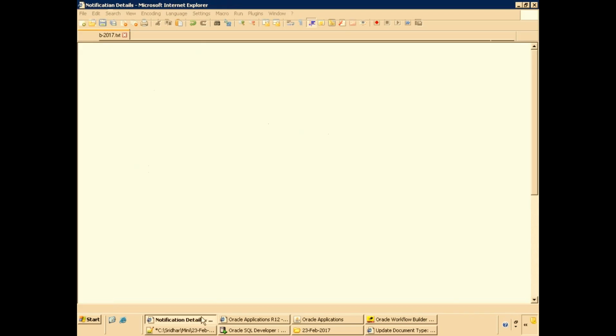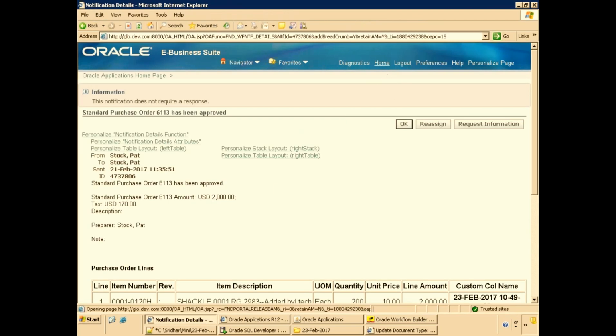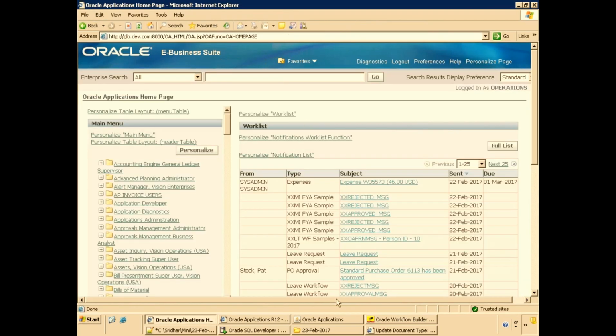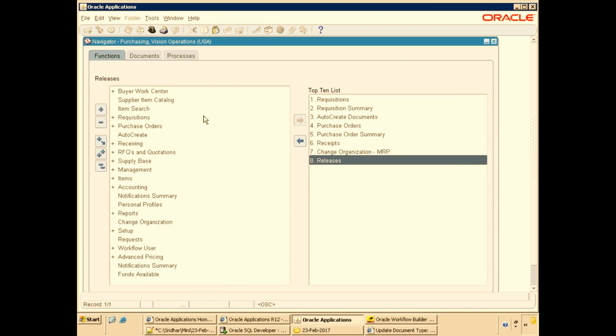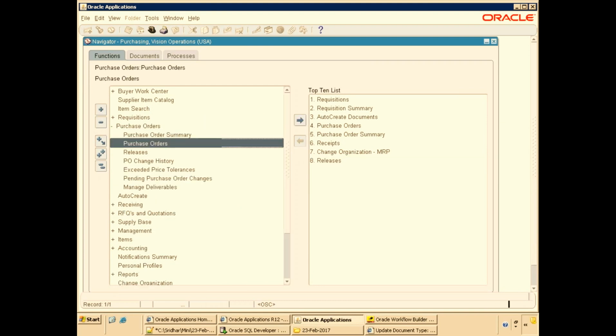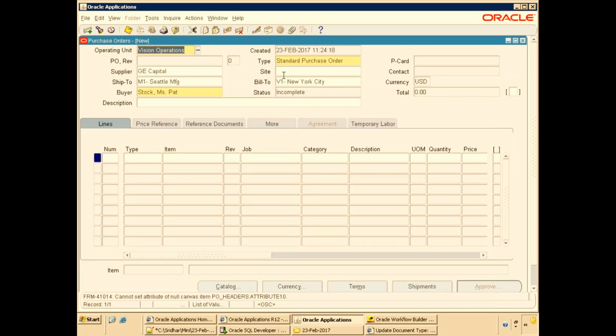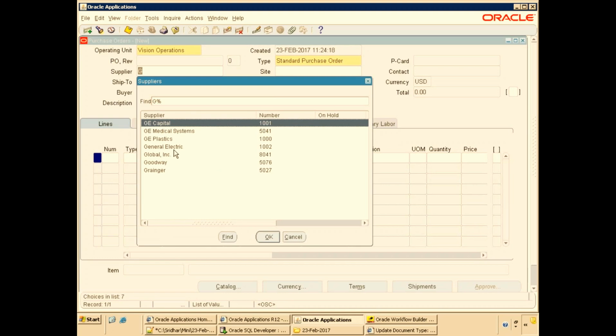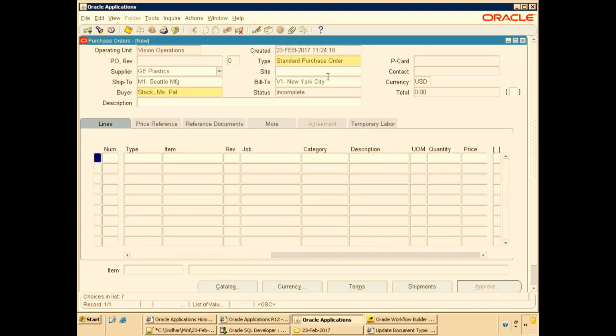As of now, I'll click on home here. I'll go to the purchase order screen and click on purchase orders. Click on purchase order here. Just mention the appropriate supplier details, GE Plastics.